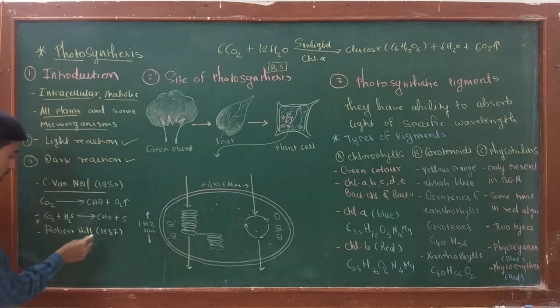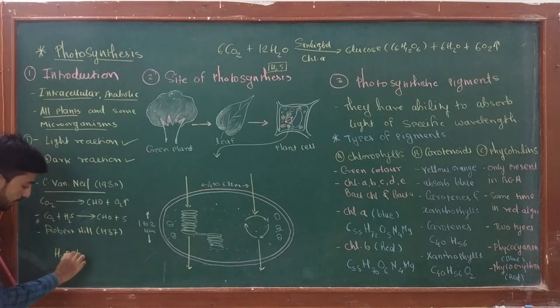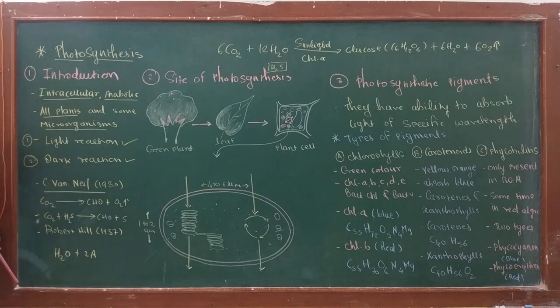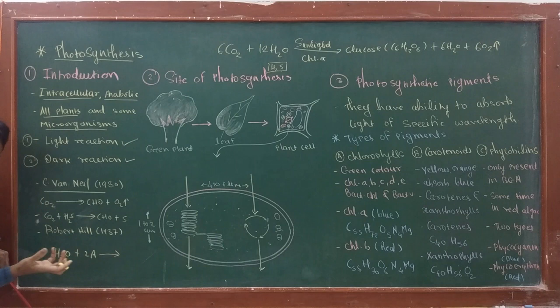Then he added ferrous or ferric ions as a hydrogen or electron acceptor molecule. Okay, and when he placed the reaction mixture containing water, chloroplasts from the spinach leaves and ferric ions as a hydrogen ion acceptor into the sunlight,